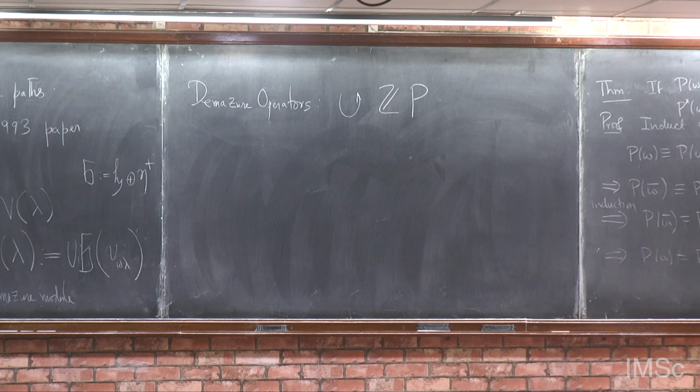Usually when you write a group ring, you think of the group as being written multiplicatively. So each weight, instead of writing the weight, I will write the exponential of that. So in order to make the square bracket